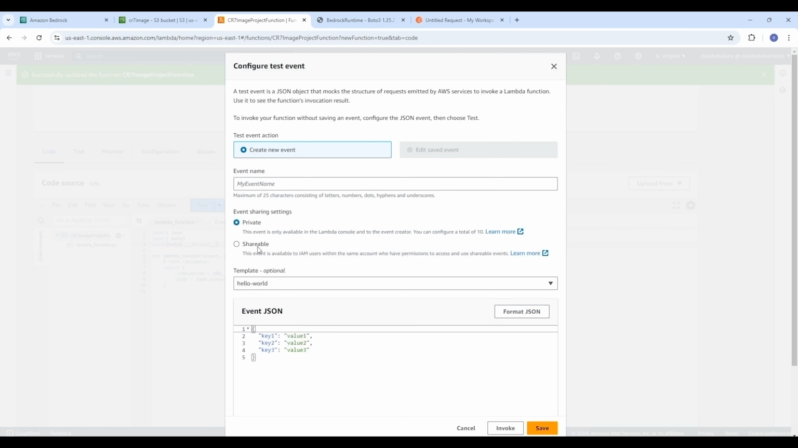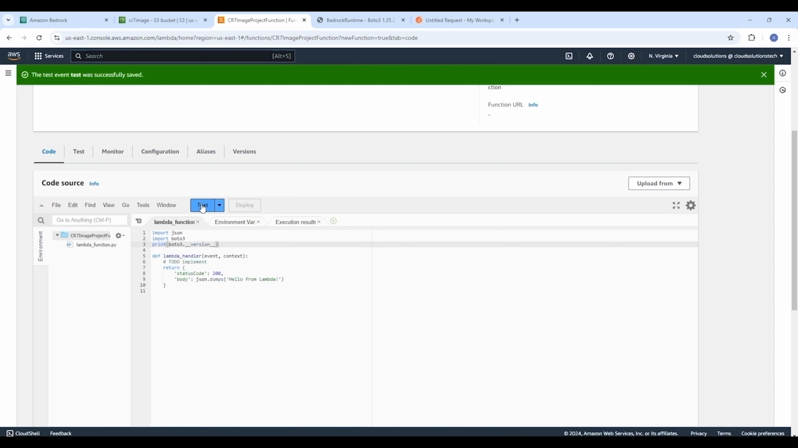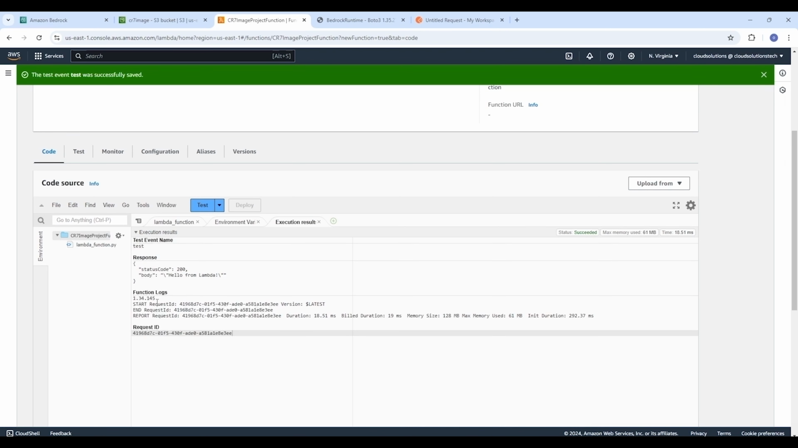We can test. I'll use the events, basic test, save. So let's go ahead and test it out. All right, so you can see here status code 200 successful, and then right here is showing the Boto 3 version, 1.34.145. So the next thing now, we need to go ahead and create an IAM role and then also increase